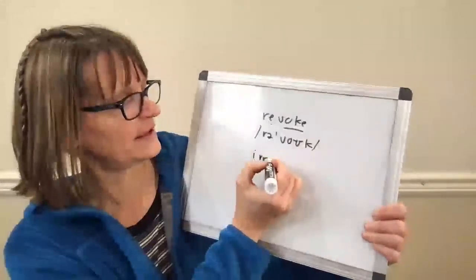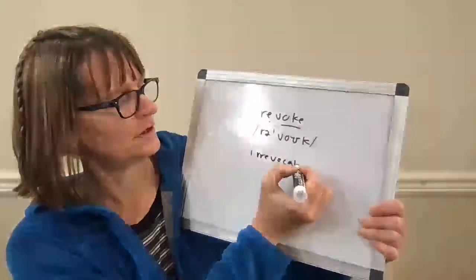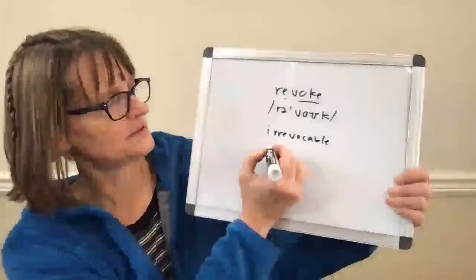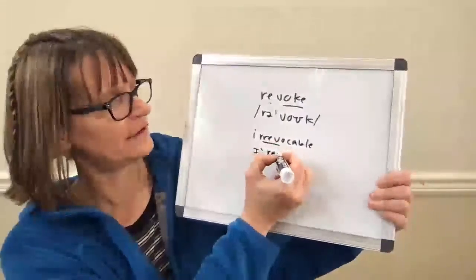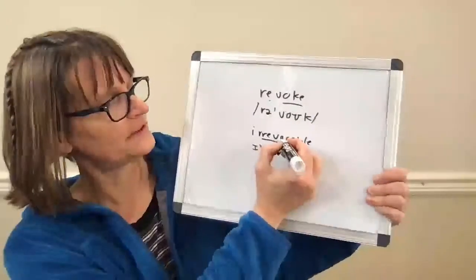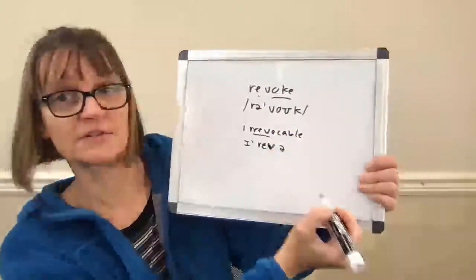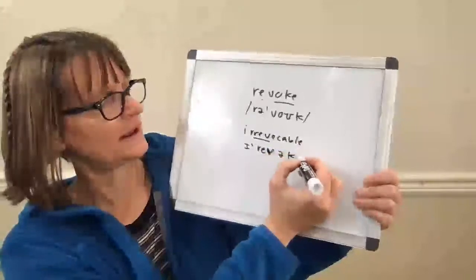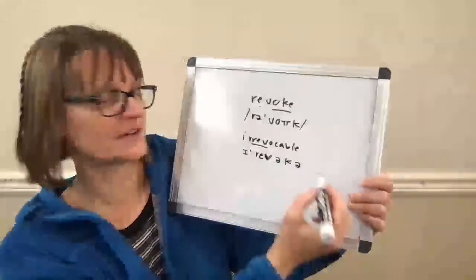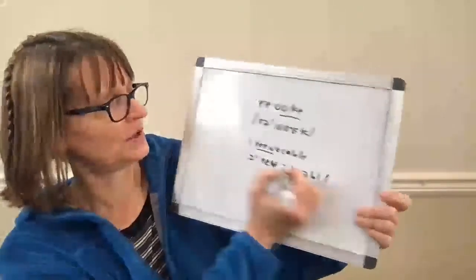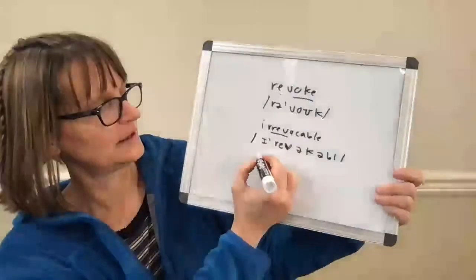So irrevocable is an I, and then stress the rev, irrev. And then this O turns into a schwa. And then again, we just talked about with inevitable, irrevocable is very similar with the bull at the end. So that would be